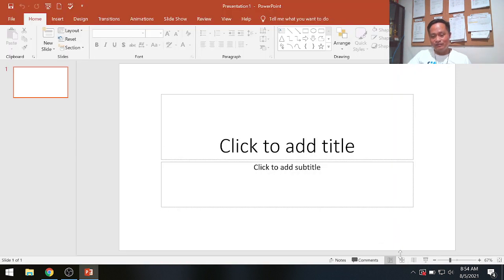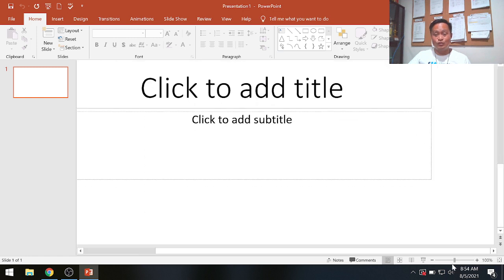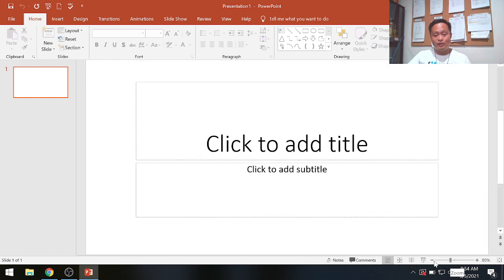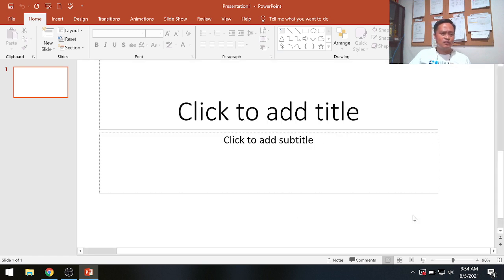And part of the view buttons is this one, slideshow. When you click this one, it will run the slides. If you have a lot of slides, then it will just be presented. Okay. And here, this is actually the zoom button, and it will allow you to zoom in or zoom out, okay, as you drag the bar, or you click the minus sign or the plus sign, okay? So I think these are actually the basics of the